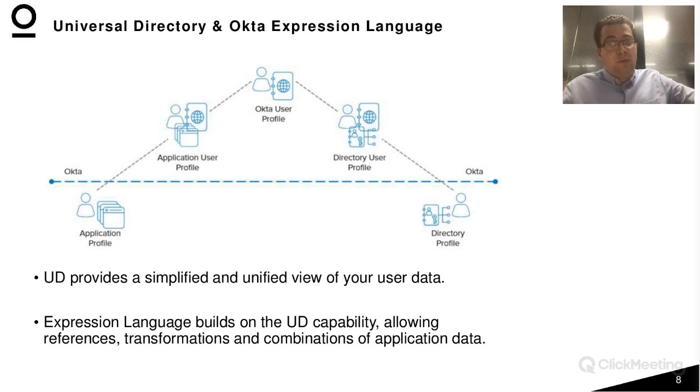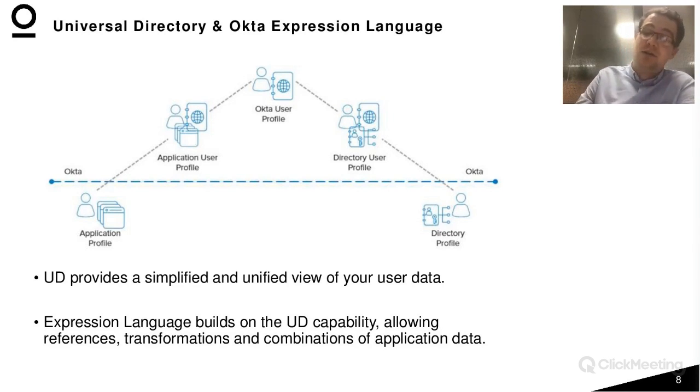And to build on top of the capability of Universal Directory, we have Okta Expression Language. This is a really useful tool that allows you to change the data you're bringing into Universal Directory. It leaves your source data in Active Directory, in ServiceNow, in Salesforce, intact. And as it brings it into Okta, it applies the expressions that you have written to the data. A good example is